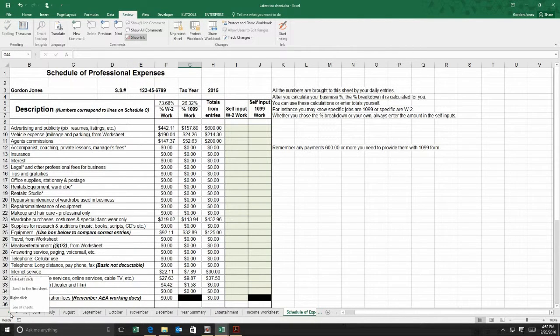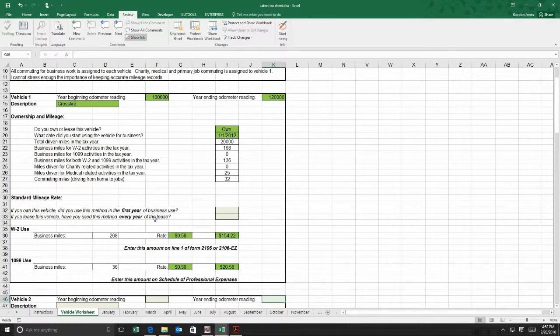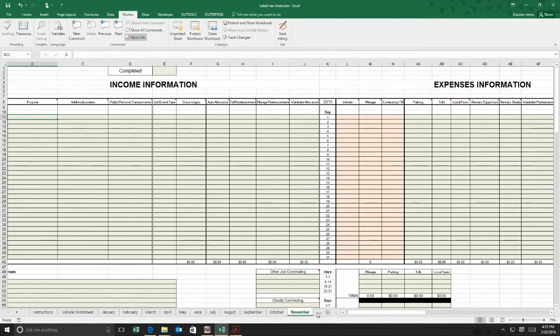Before we go into the schedule expenses, we're going to jump back to the vehicle worksheet. On the vehicle worksheet, at the end of the year, you'll enter your miles. Say it was 120,000. And what it does is it actually calculates, if you notice here, it shows the mileage that I traveled and the amount that's going to be paid for that, and the 1099 miles right here as well for that vehicle. And of course you choose the first year of business and every year of the lease. Now once you enter those numbers, once those numbers are done,